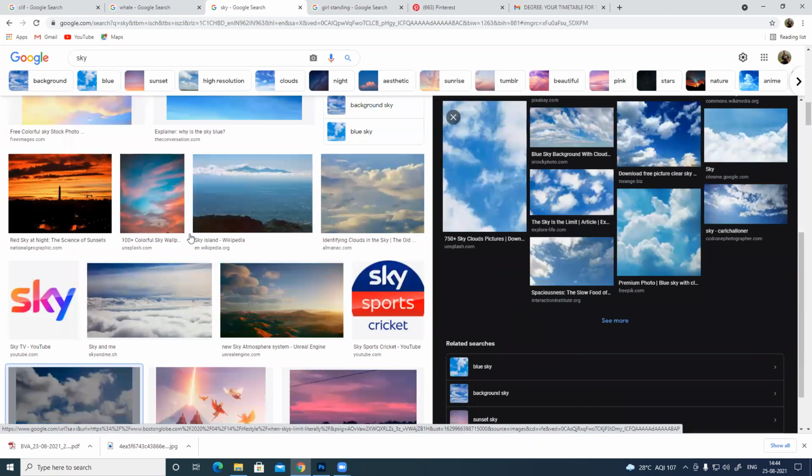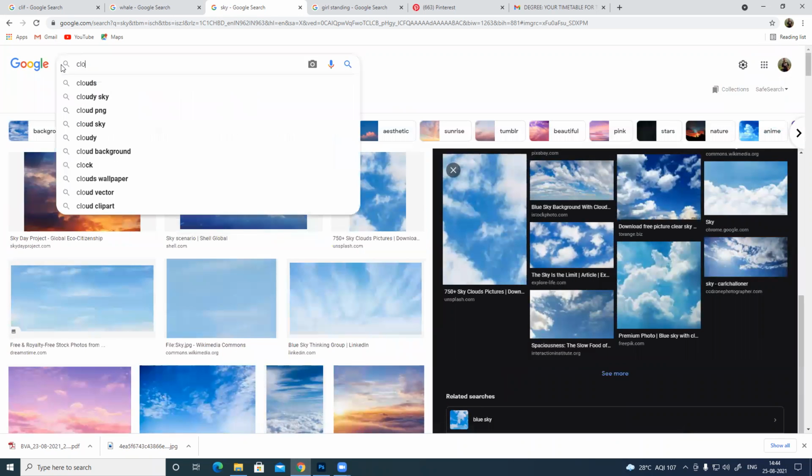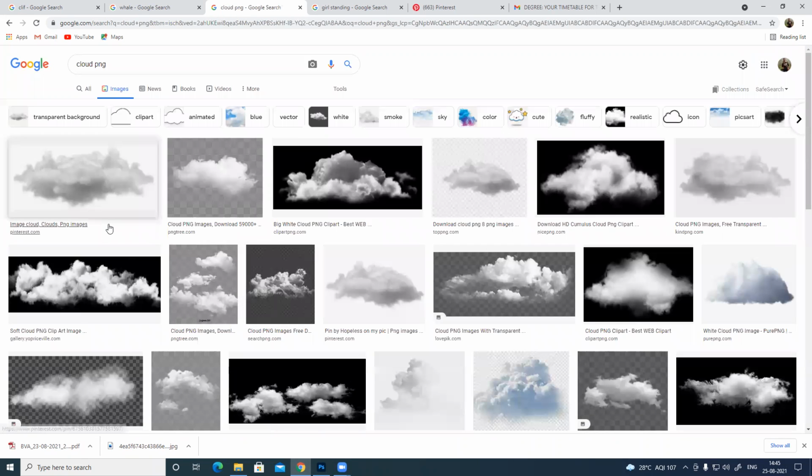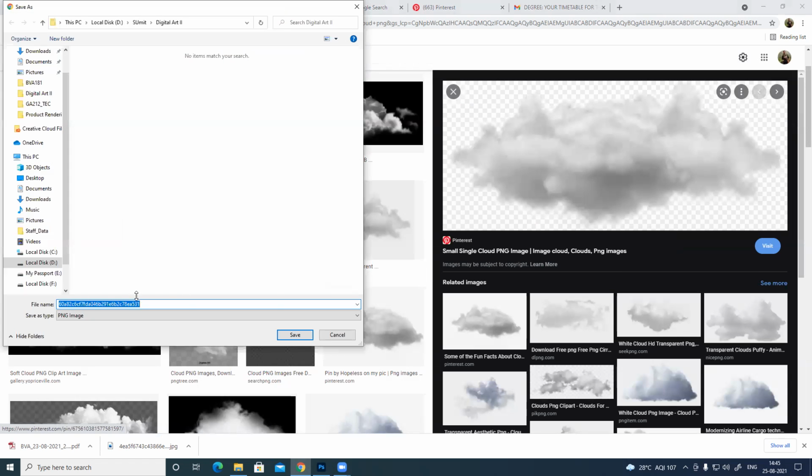Now, PNG images are usually transparent. So if I find a couple of transparent PNGs, I can use them to cover up all those unwanted areas. Save image, it's a PNG.